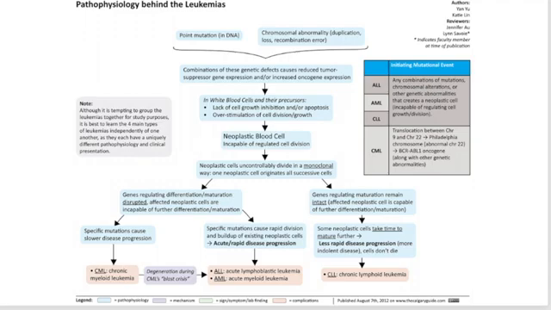Here you can see that initiating mutational event related to CML is the Philadelphia chromosome, high yield, and that is the BCR and the ABL gene translocate on the chromosome 9 and 22. The other ones are related to point mutations, chromosomal alterations, and other abnormal genetic changes, creating that neoplastic cell.